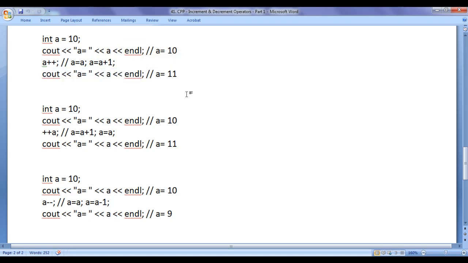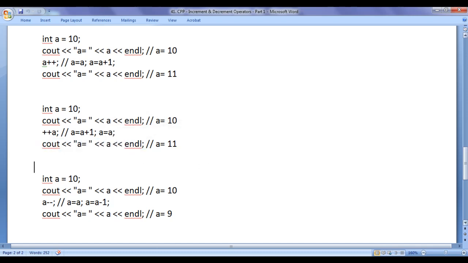in the code, guys. If we write plus plus a semicolon, it is implicitly expanded to two statements. First statement will be a equal to a plus 1 semicolon and the second statement will be a equal to a semicolon. First increment, then assignment. Hence it is called pre-increment, guys. First statement a equal to a plus 1 semicolon is executed in the same place where we have written plus plus a semicolon, whereas second statement a equal to a semicolon is executed just before executing the next statement in